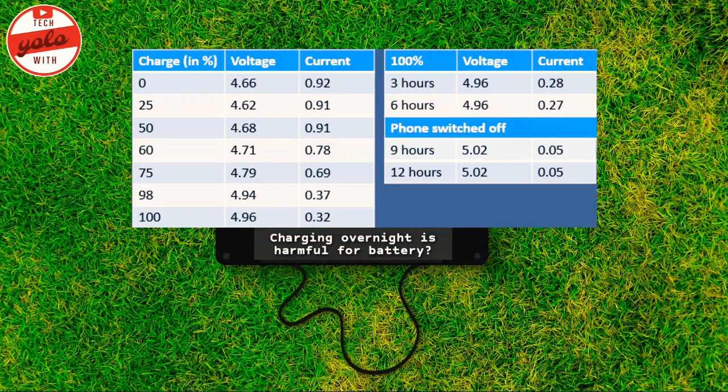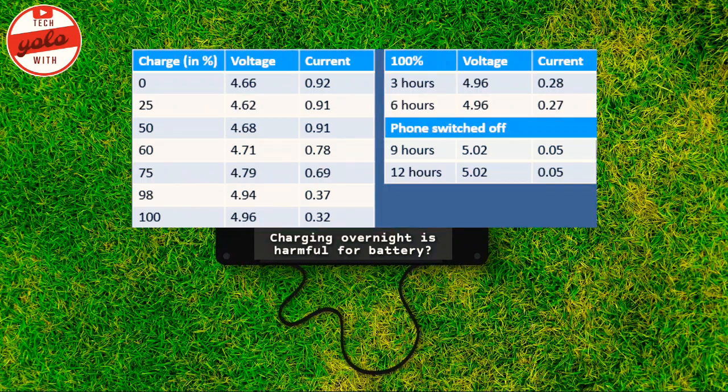Once the battery reaches 100%, voltage still increases and the current gets decreased, which means some amount of charge is still pushed into the battery with more pressure. Because when the phone is turned on, it keeps drawing power from the battery to perform background tasks such as checking messages and location transmission. As the battery depletes, it's charged from the power source back to 100%. This keeps happening over the night, hence increasing the number of charge cycles.